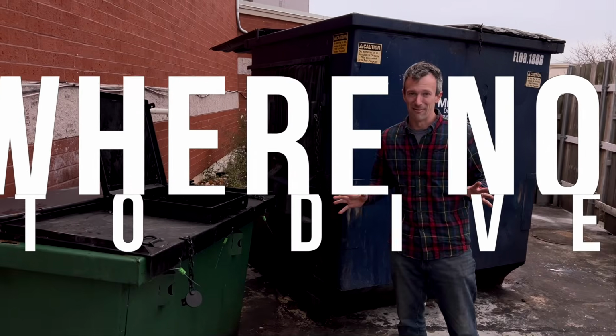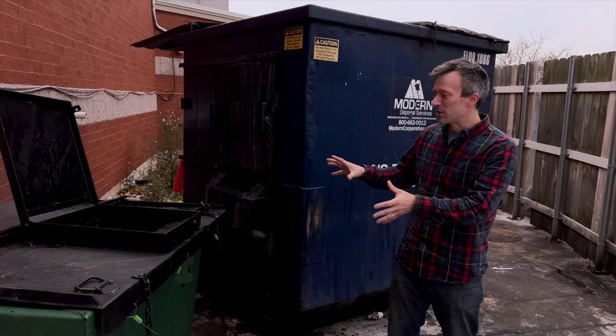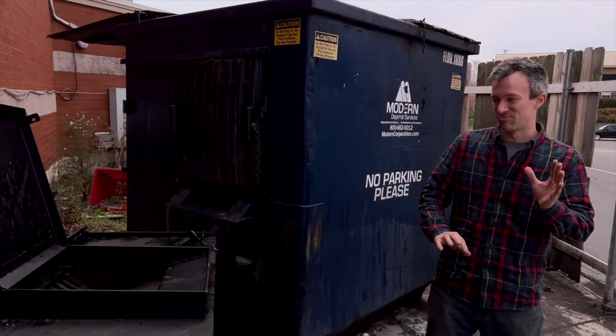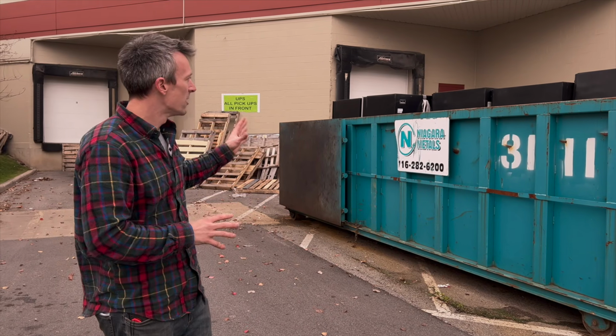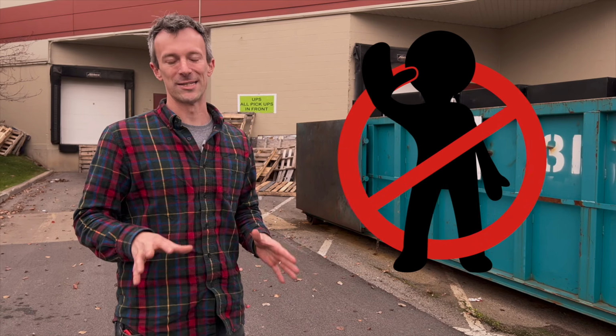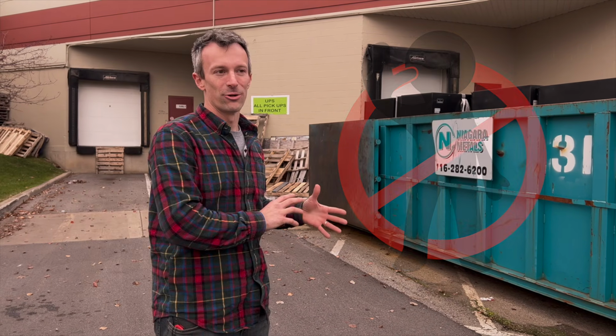Where not to dive. Definitely stay away from restaurant dumpsters. They've usually got a grease trap outside. They're nasty. You're not gonna find anything. Just skip them, don't even check. If you see a roll-off container like the one behind me that's full of metal, then that's a scrap metal dumpster,